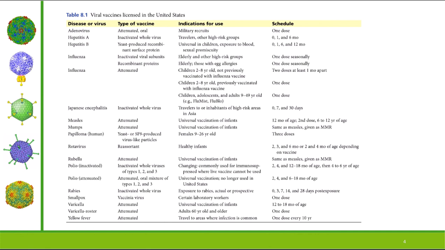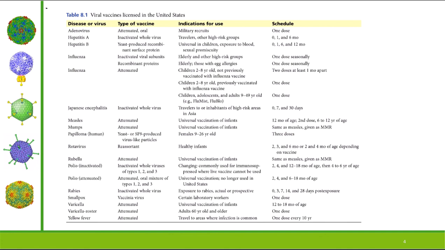So not all of these vaccines are given to everyone. It fully depends on what you do. For example, adenovirus is given to military recruits. Hep A is given to travelers or high-risk groups. So again, this is a really nice summary table, and many of these viruses, we won't talk about all of